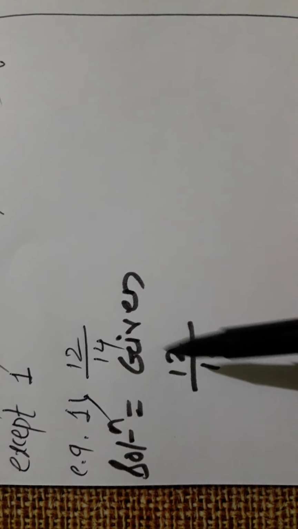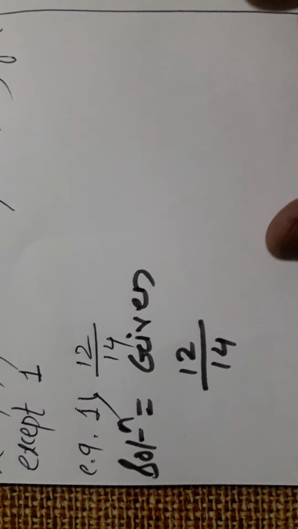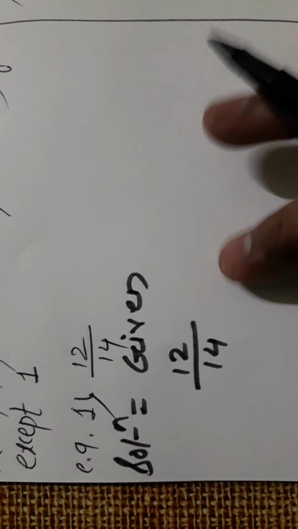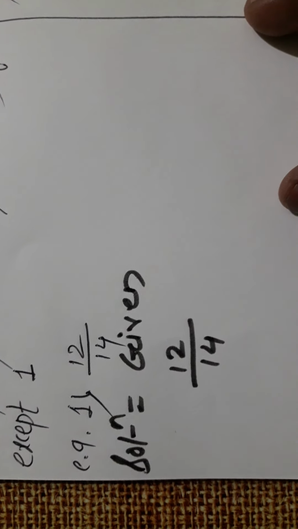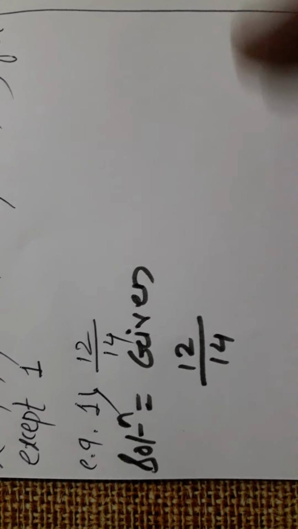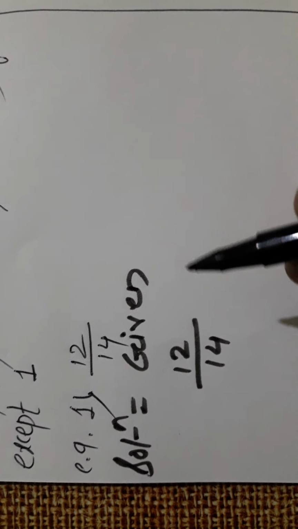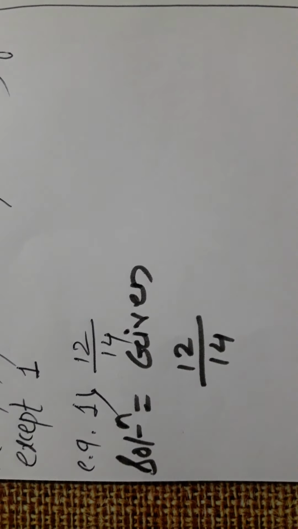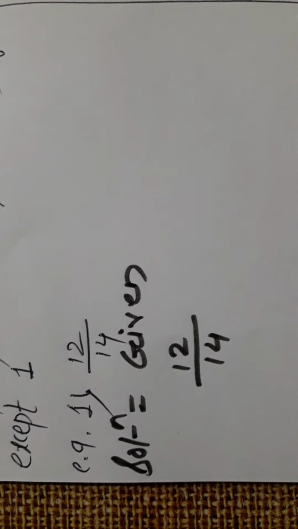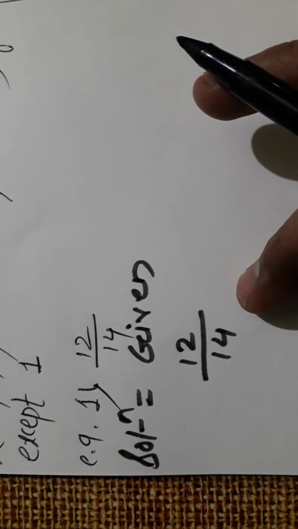Okay, now see here, 12 upon 14. First of all, suppose I don't know any table, only the tables of 2, 3, 4 and 5. Then also you can divide, but it will take a little more time. What we will do, we will divide 12 and 14 by 2. Okay. One thing, listen here carefully. Again, one thing I want to tell you. We have to select such a number which is useful to divide the numerator and denominator.